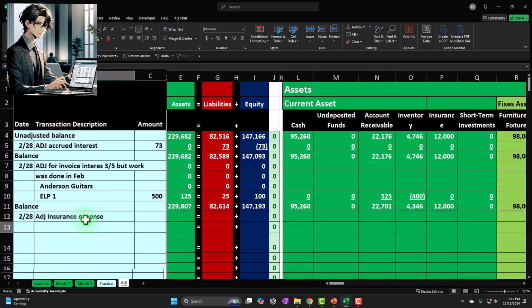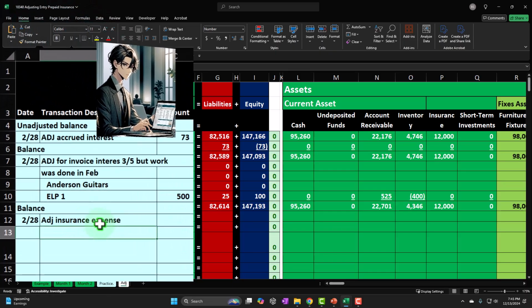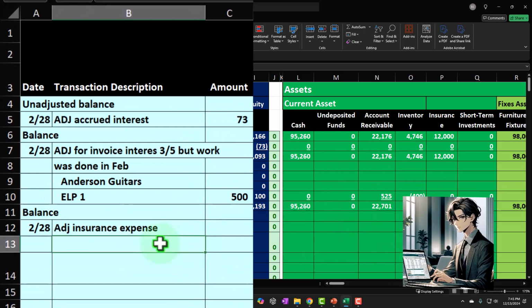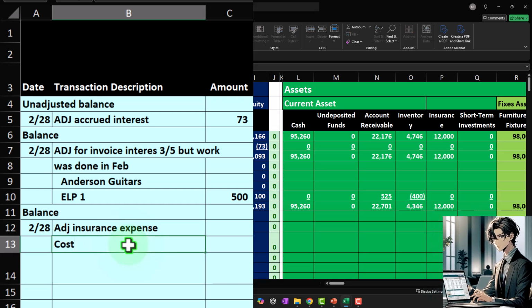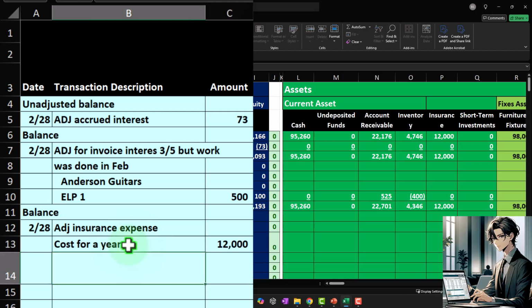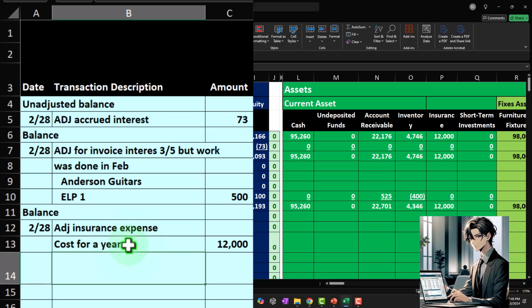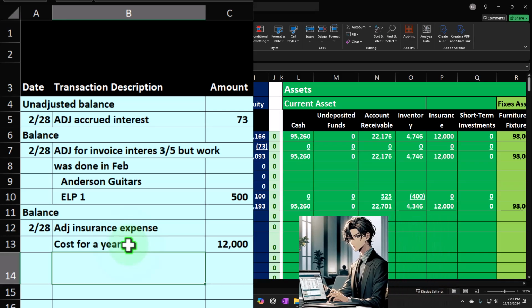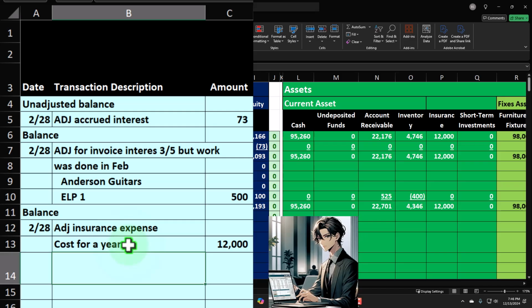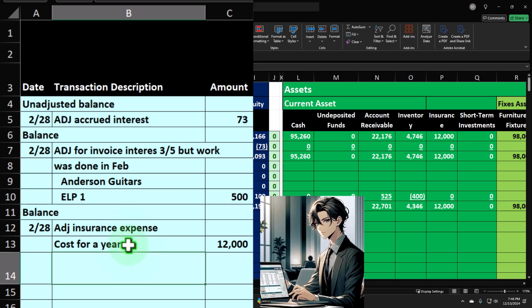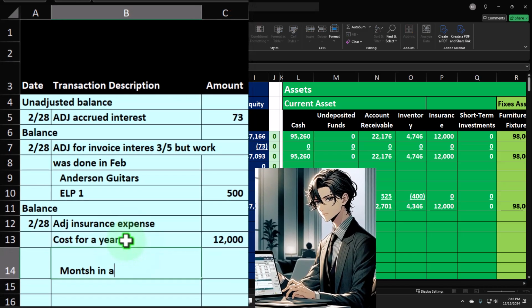We'd get the insurance policy and say what period is covered by the insurance policy for which we paid the $12,000. So we're going to say the cost for a year. Let's say that the year cost $12,000. We're going to say that the insurance took effect in the start of February, and we have a year of insurance that will be covered. So then the question is, all right, well then the months in a year